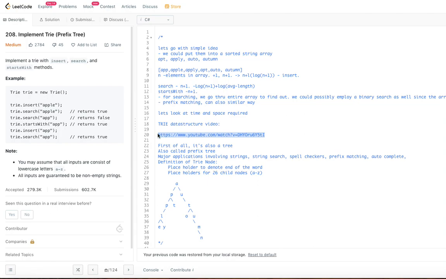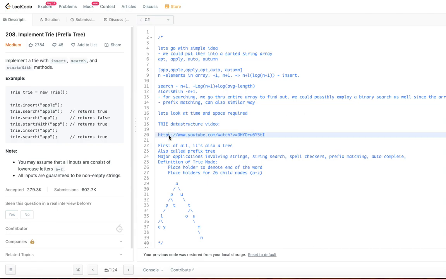If you do that, you will be able to understand this particular problem in a much better way. I urge you to do that because I created that video exclusively to give the complete description and understanding of the trie data structure. Believe me, you will understand the trie data structure with that single video. You don't have to watch anything else.